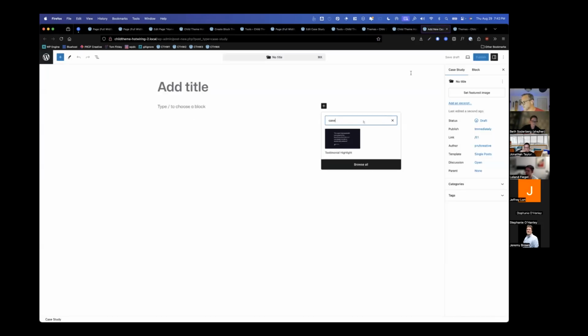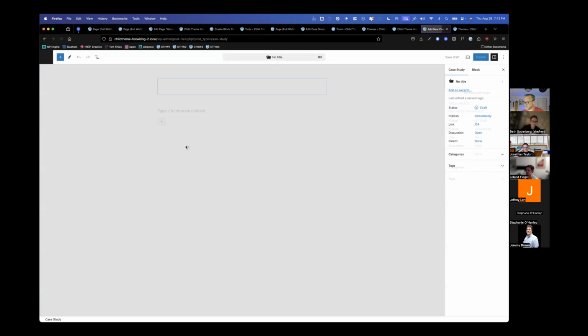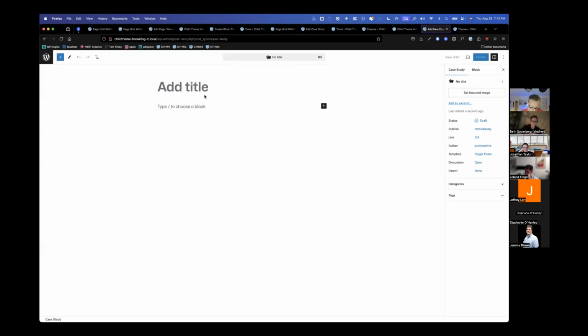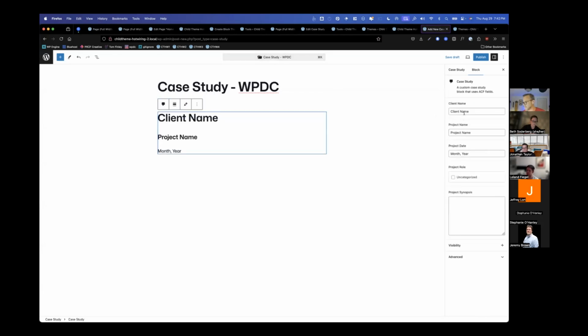And now that I'm in my case study custom post type, I should be able to hit case study, and voila, I have the custom fields.